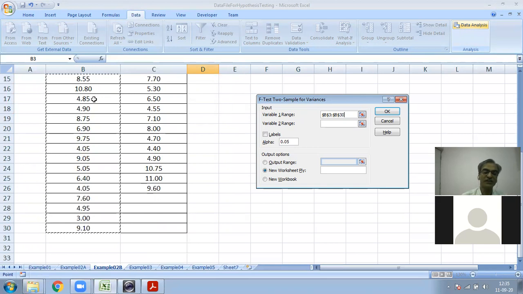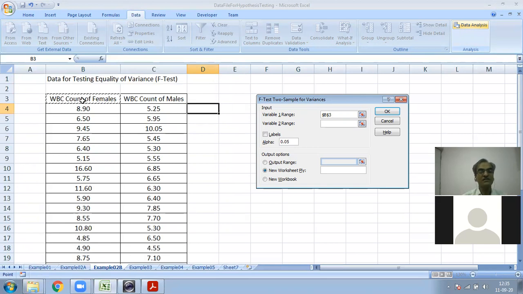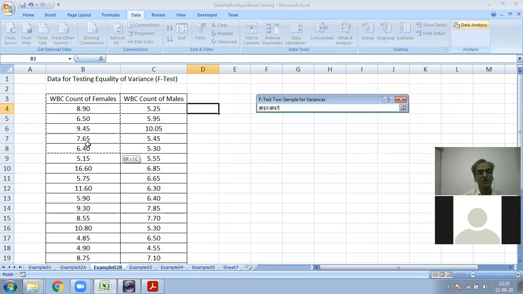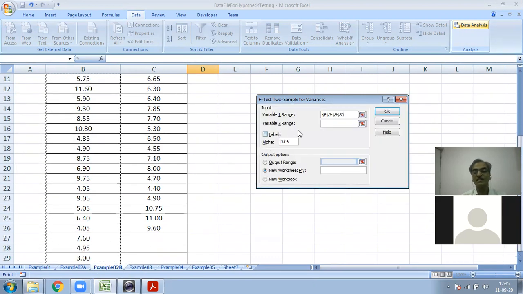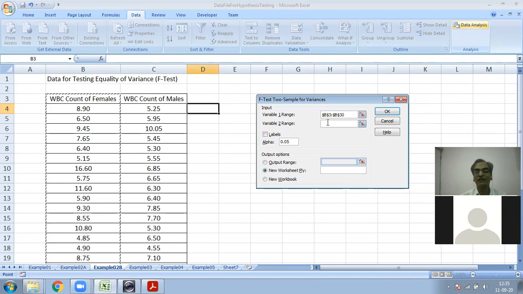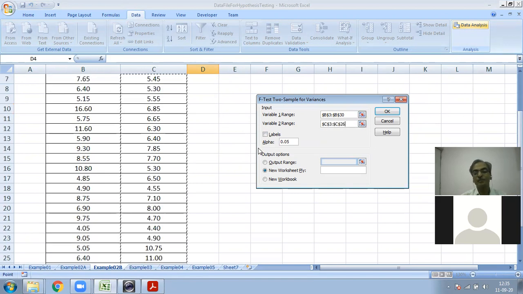Another way is to click on the first label and drag the mouse up to the last cell. Then click on the next box for the variable 2 range and again select the data.